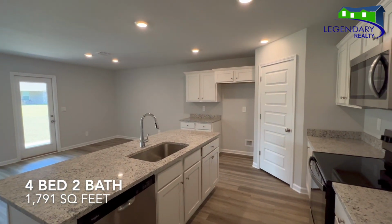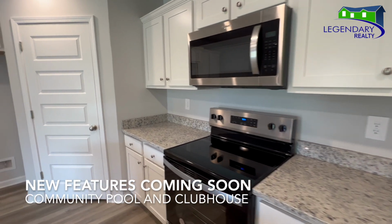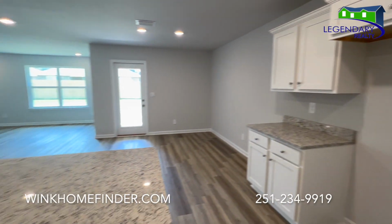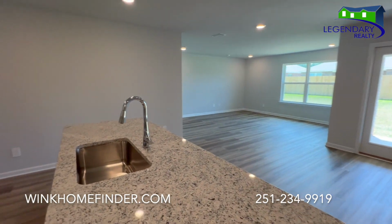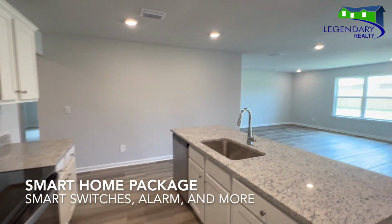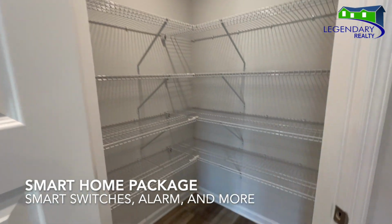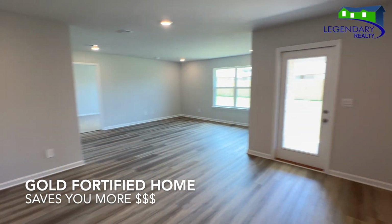And one of my favorite things about this community is you're going to have a community pool and a private clubhouse. The kitchen and the baths feature granite countertops with a large island overlooking the living area. This home comes standard with the smart home package. It also has a 2-car garage, and it is a gold fortified home, so that drastically reduces the cost of